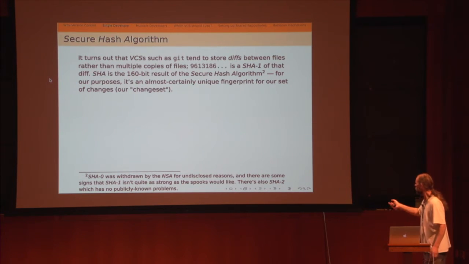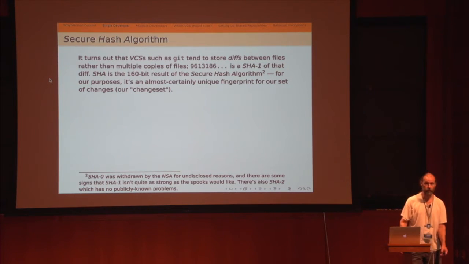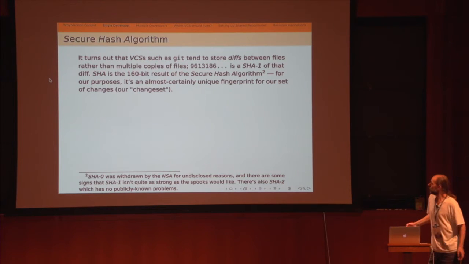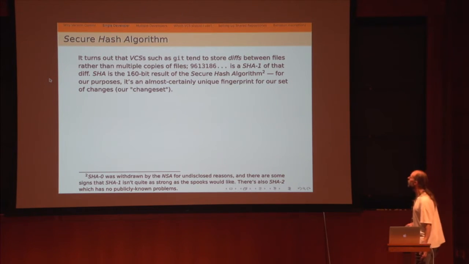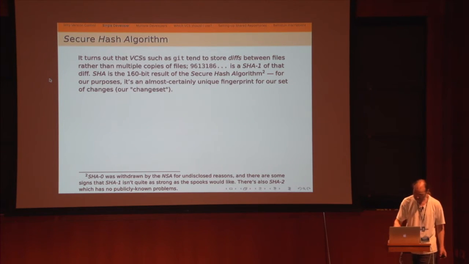Then there's a thing called SHA-2, which I guess is probably cryptographically strong. But of course, I, not being an American citizen, wouldn't know if it wasn't cryptographically strong because they wouldn't tell me. So for all I know, SHAs are in fact breakable by the NSA. But all we care about here is that we take my beautiful source code explaining the structure of the universe and convert it into an opaque number, which is almost certainly unique.